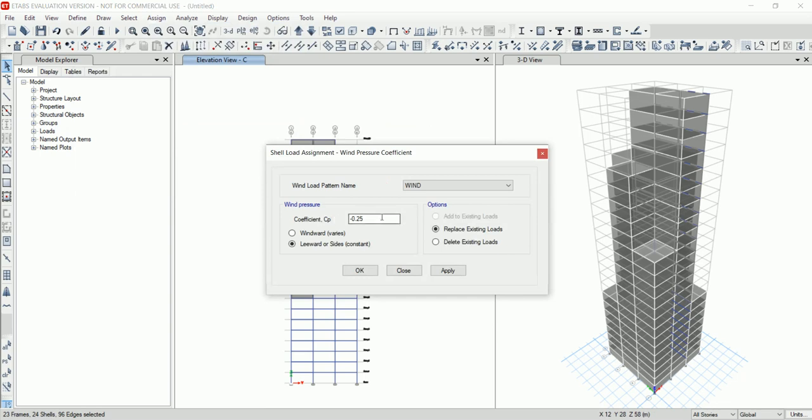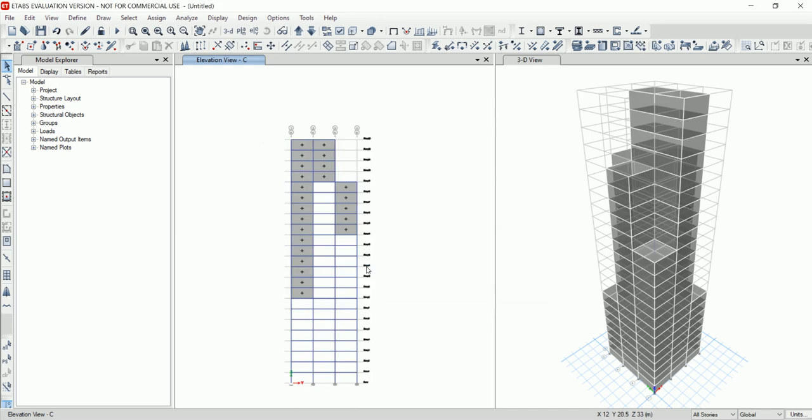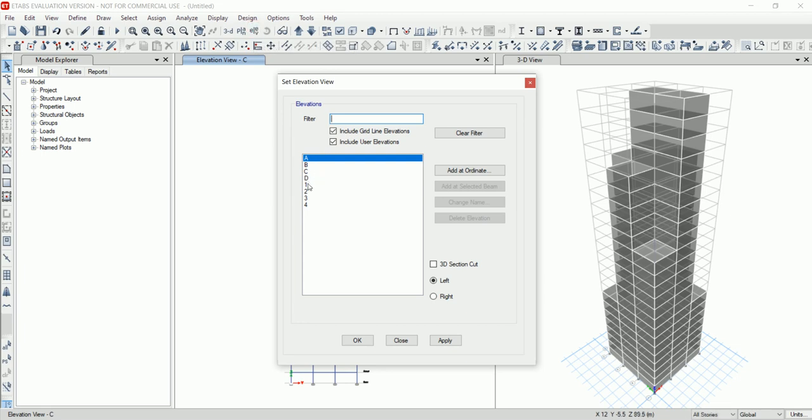The wind pressure coefficient will be the same, minus 0.25, and click on apply. Click on OK. Now go to elevation and select 1. Click on OK.